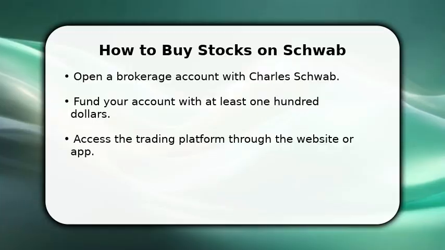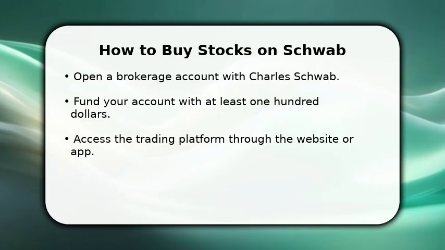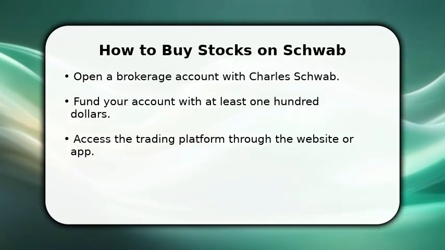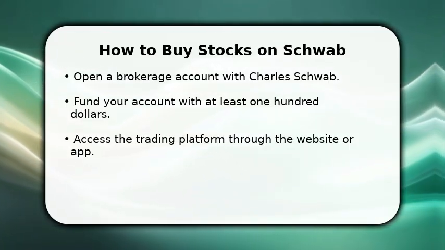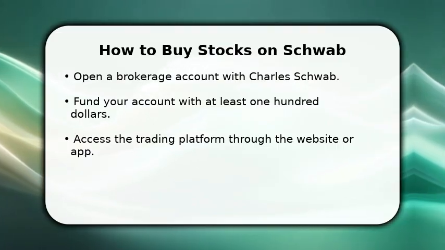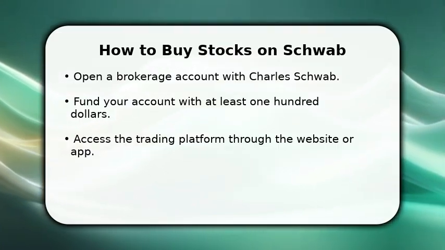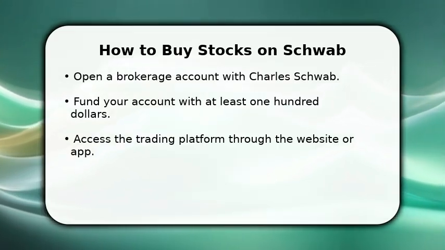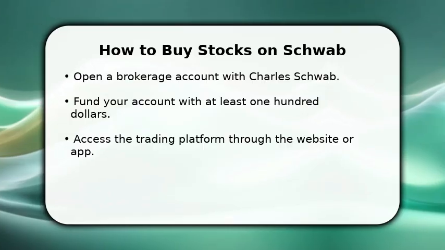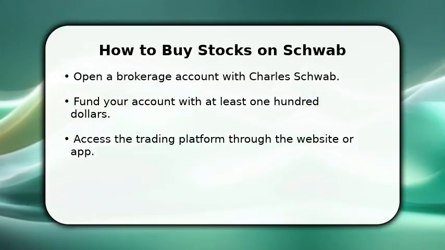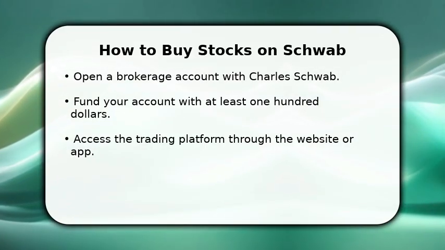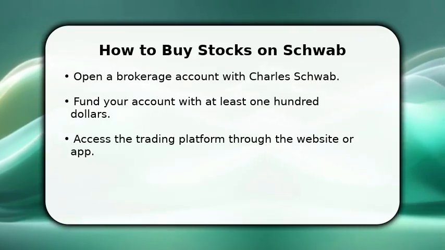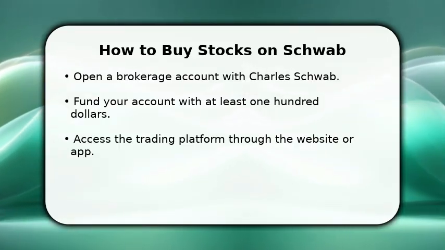Enjoy the video. In this video, I will explain how to buy stocks on Schwab. First, you will need to open a brokerage account with Charles Schwab. This is your essential first step to begin investing. Once your account is established, fund it with at least $100, which is a common minimum for many investments. Finally, access the trading platform, either through their user-friendly website or the convenient mobile application, to prepare for your first